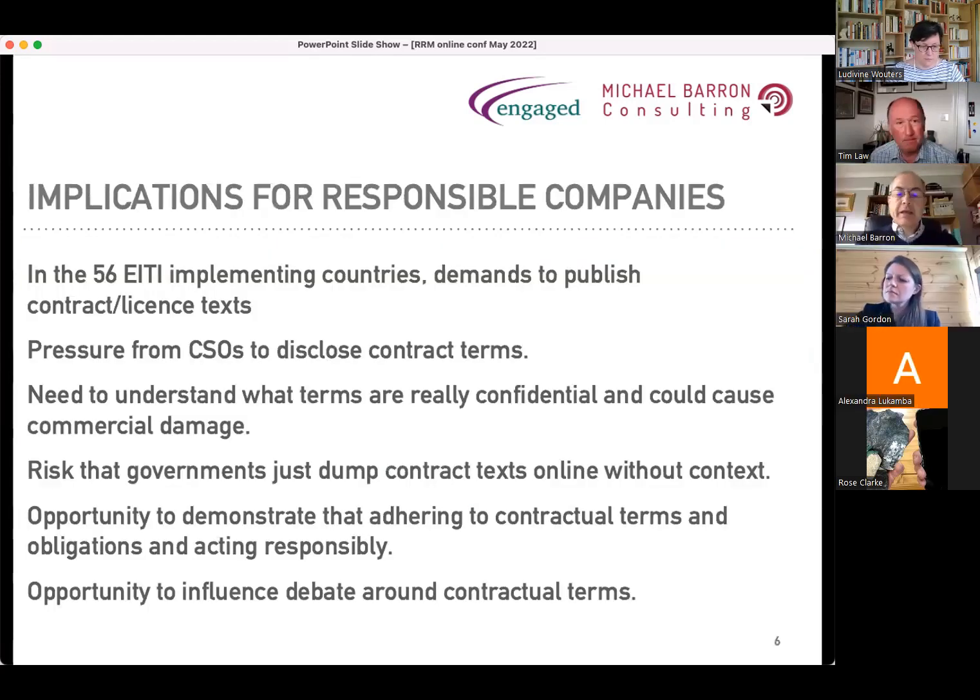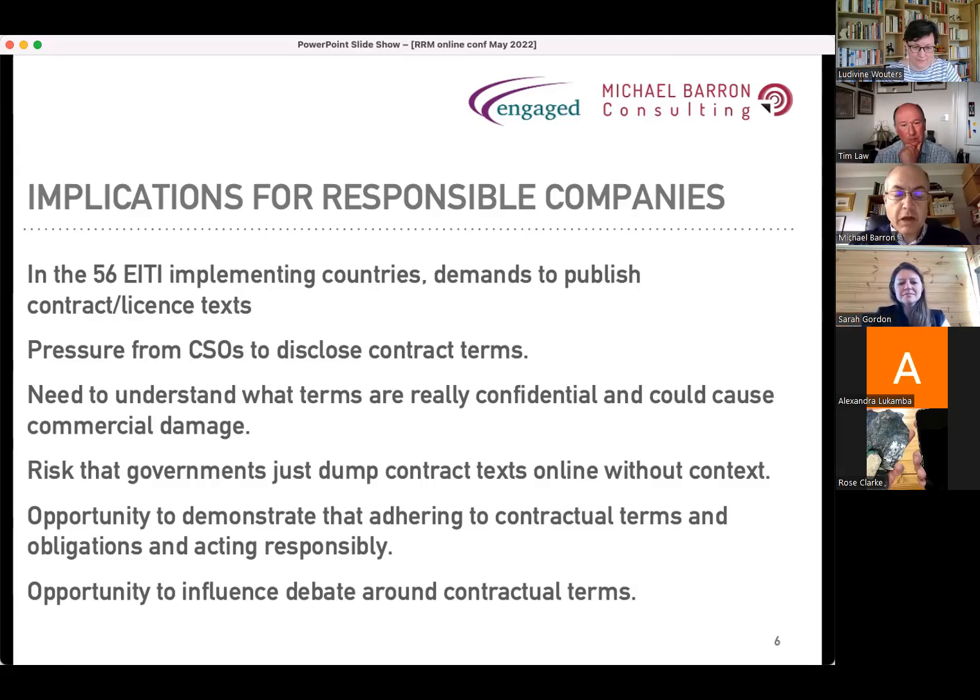Thank you, Tim. And yes, first of all, let's talk about some of the implications of this for mining companies. And as always, there are risks with this, but as Tim's already alluded to, there are some opportunities as well. And also some of the things to watch out for. So if you are a company operating in one of the 56 or so EITI implementing countries, and we've had 3 of them, as if by chance, in Sarah's carefully crafted agenda, we've had 3 of them speak today: Philippines, Ethiopia, and the DRC. Then you're likely